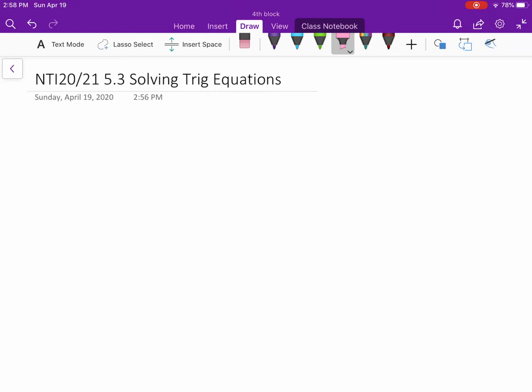Okay, today we're going to go over how to solve trig equations, and this is section 5.3, NTI day 20 and 21. You may need to reference your unit circle, especially if you've forgotten a little bit of it. But on this first example,